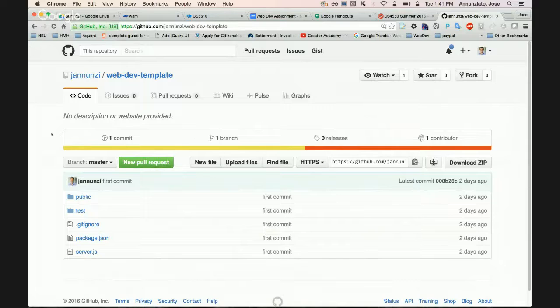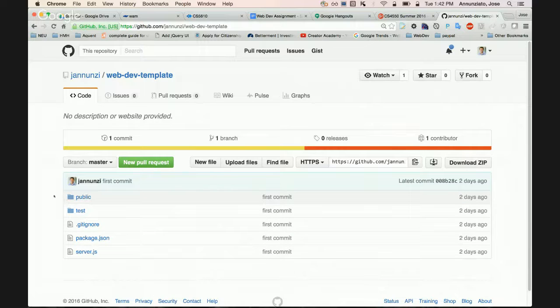It'll copy it locally on your machine, and you should be able to run it right from within your local machine. It's a very simple, bare bones application, just to try out and test that your environment is up and running locally and remotely. Also, it has some of the structure that we're going to be requiring from you, that you do all your project work under a particular directory, and your assignments in a particular directory.